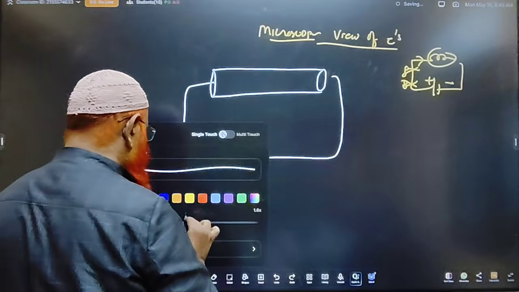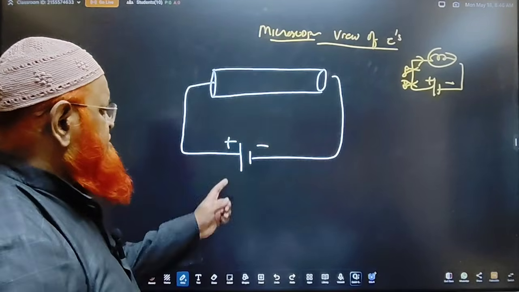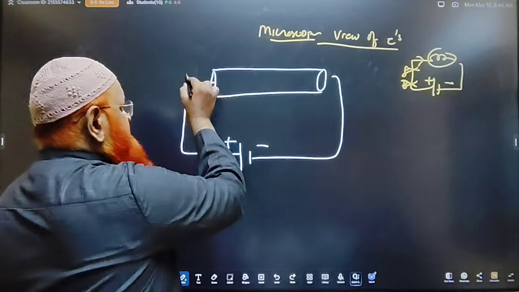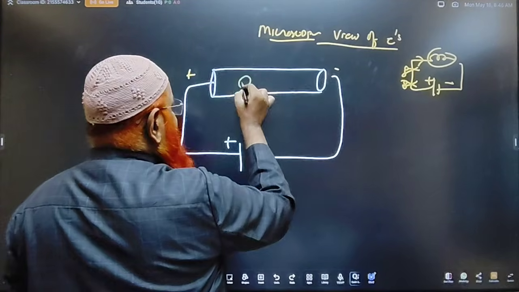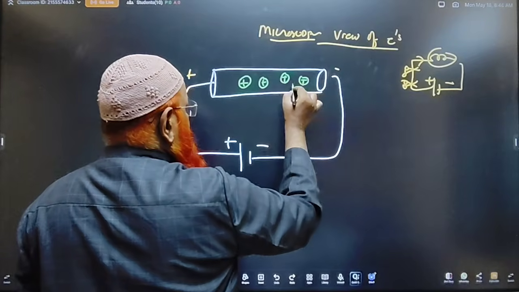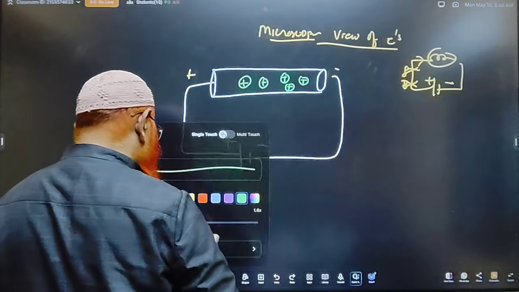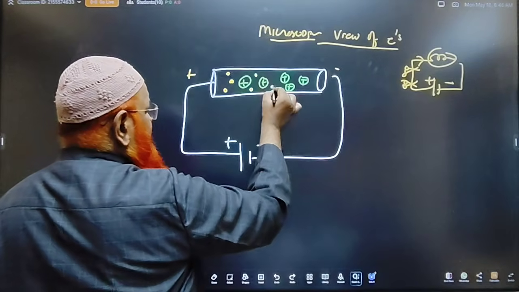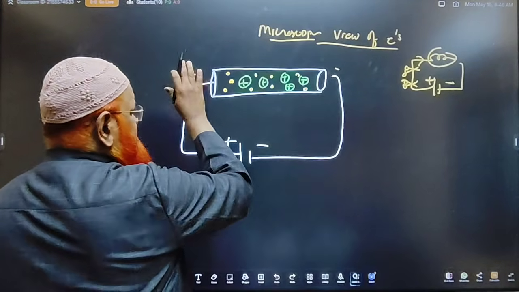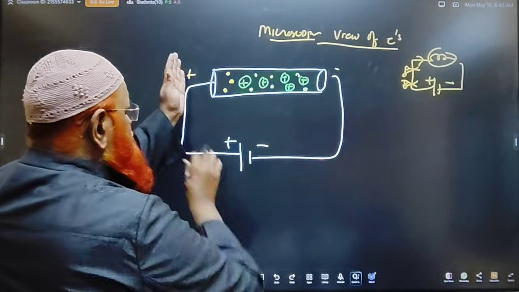This is the positive and negative terminal here. Understood? So this is a positive and negative terminal here, and this is positive and this is negative. What are the things present in the battery? Battery consists of positive ions. Battery even consists of negative electrons inside. Okay, negative electrons inside. This is positive, that is negative, means